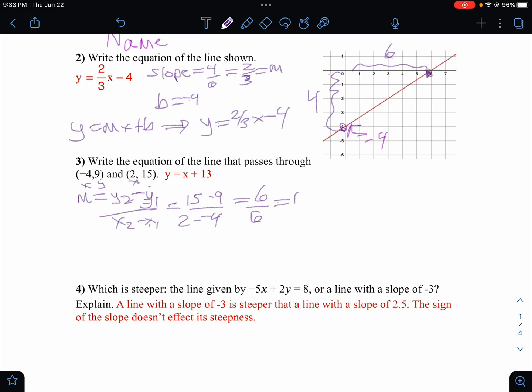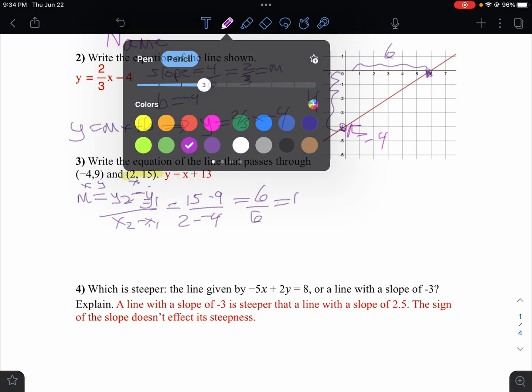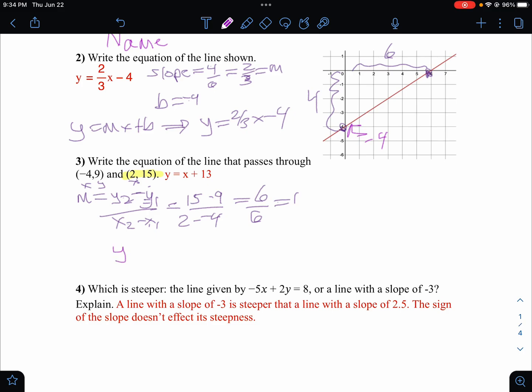Now, I didn't tell you how to write this equation. To me, I think the easiest way is to write it in point-slope form. So I'll use my second point, because the numbers are nice and positive, and I'll say y minus 15 equals my slope, which is 1, times x minus 2. Now, the 1 is kind of redundant, so I'll write it as y minus 15